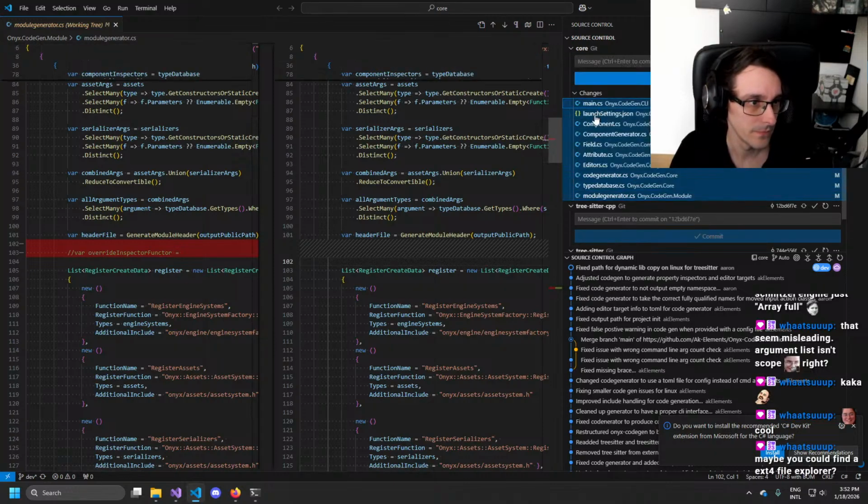Except for that one. Added logic to generate component members for asset handles or any templated type.